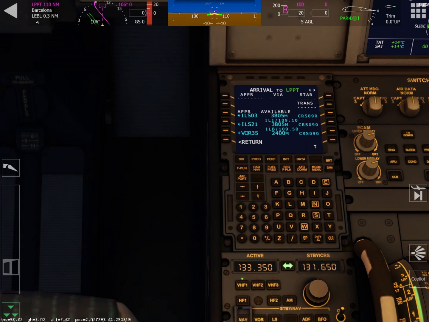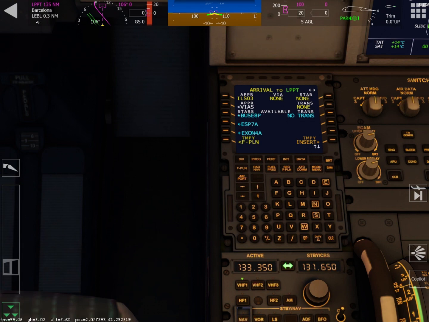This particular runway today is ILS 03. I do like how it has the course information. It has the frequency. It has the length of the runway. So that's pretty cool. Not a lot of the airplanes in here have that, but I know the Airbus 380 does. I'm not sure about the rest of them though, but choose that, and now use the up and down